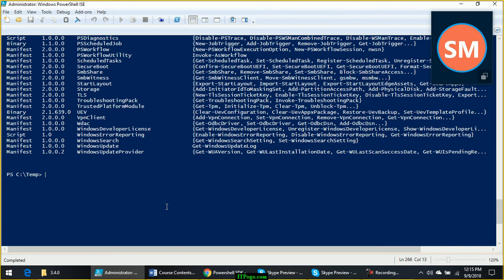Okay. Now let me show you a fundamental difference between PowerShell version 2 and 3 onwards. Prior to PowerShell version 3, suppose I want to run a command that belongs to a particular module, for example this command Confirm-SecureBootUEFI.